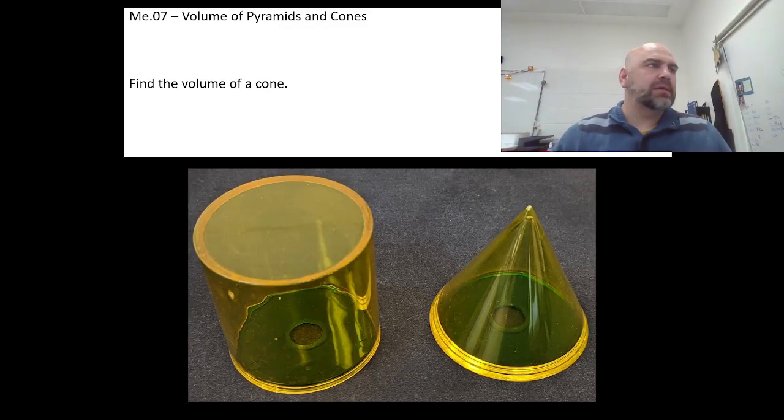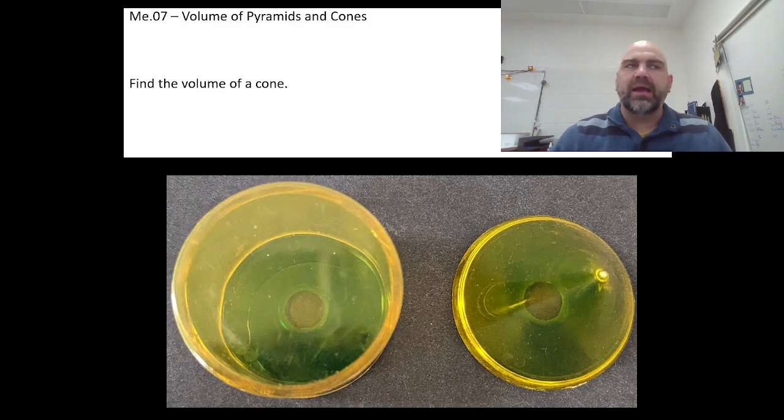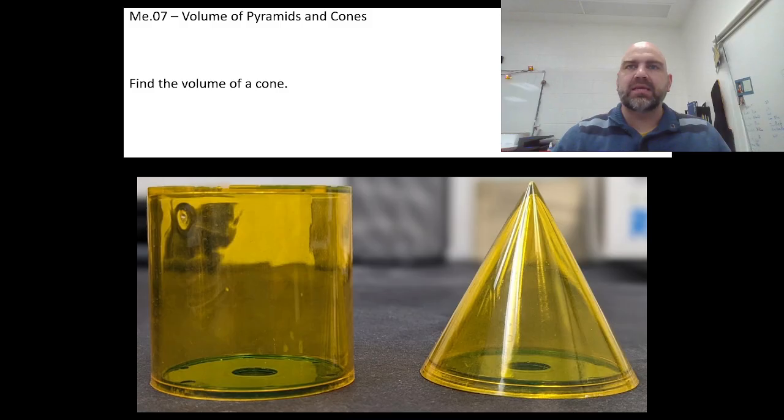Now, in class, what I would usually do is a little demonstration using these two shapes. You'll notice we have a cylinder and we have a cone. They have the exact same base, that green piece on the bottom. They have the exact same heights, and we want to figure out how these two compare in